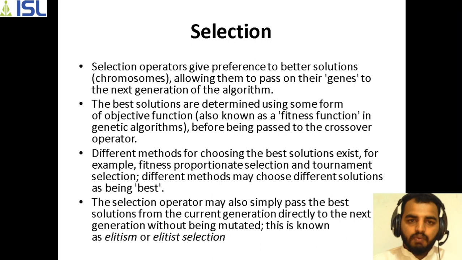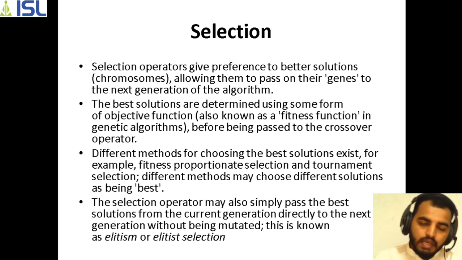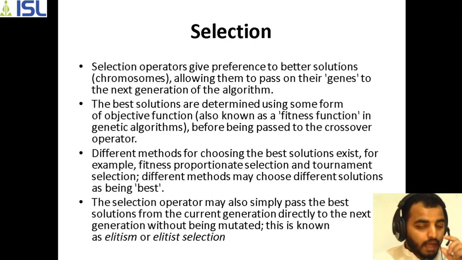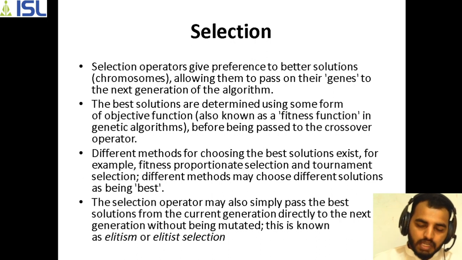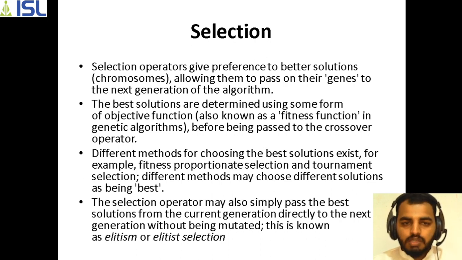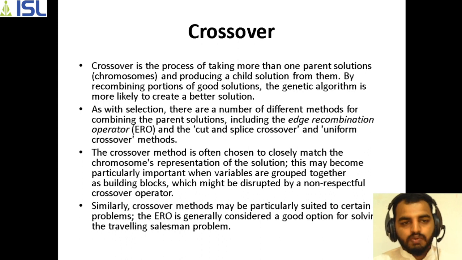So how was this selection done? Based on their performance, and the selection may not be accurate always. In some cases, if every cricket team is performing well, there should be some team which loses the match. If every team has the potential of winning the match, then who will lose the match? So in this way, the selection is done based on the existing system and existing values. The next one is the crossover. Now what is this crossover?